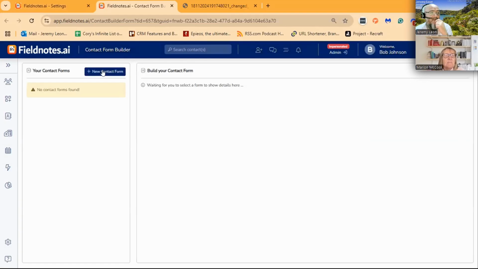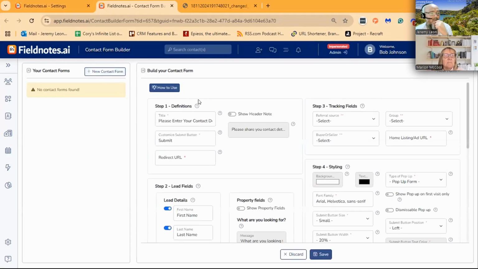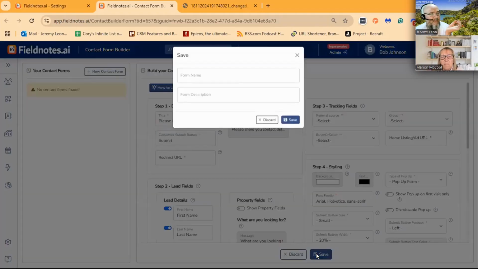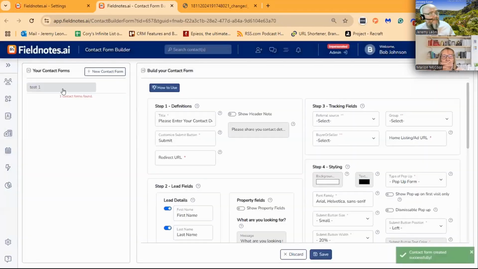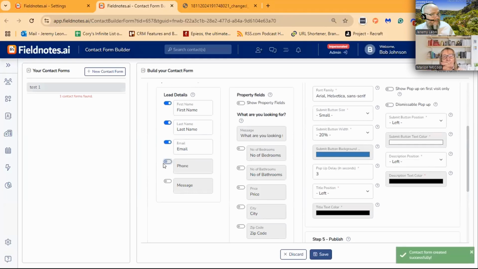These guys have now created a new contact form. So you can create a new contact form. I'm pretty sure we can name it. Let me save. Yes. See, so now you can give it a name and then it will actually save it. So this is, let's say, a test one, and we can just do gobbledygook, and then I'll have it here. So if I needed to go back to this one, let me do a new one, and then let me just make this one different.